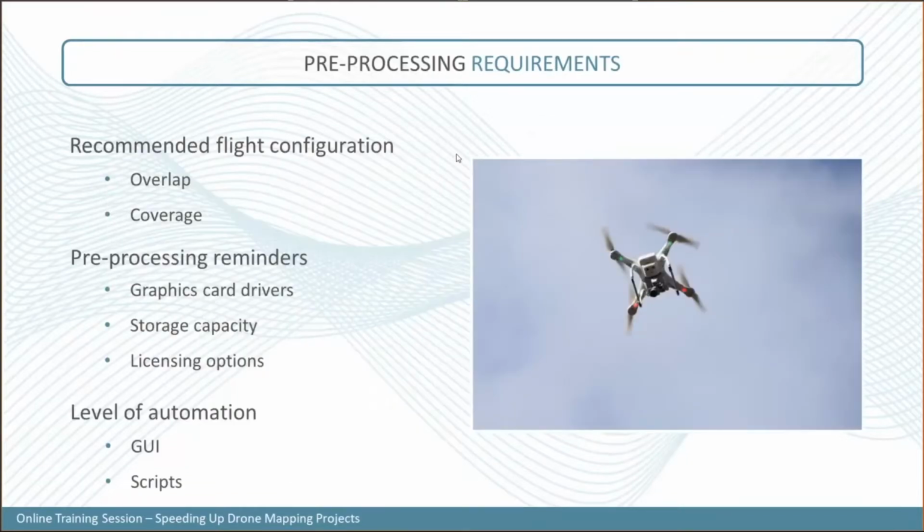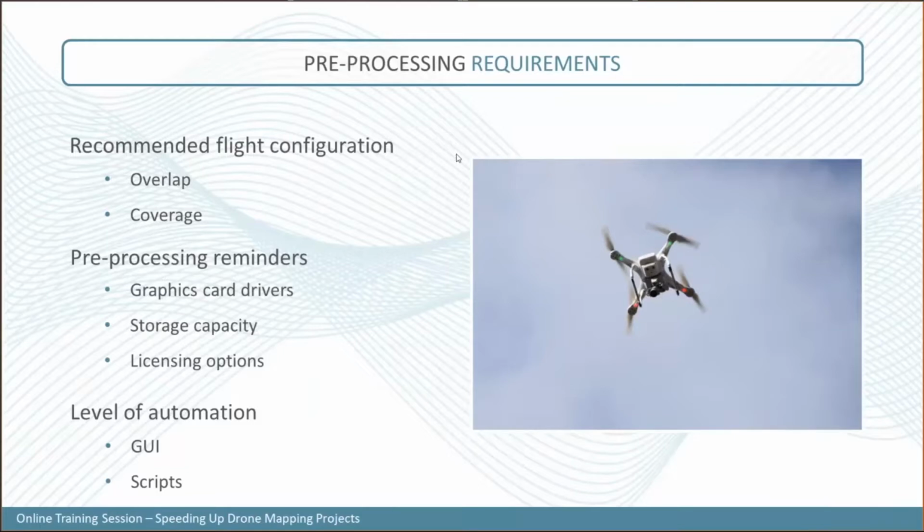So first and foremost, the first topic is pre-processing requirements of your photogrammetric data. It all starts with collecting your drone imagery. Before doing so, you have to think of what area you're trying to cover and what project scope you're trying to achieve. This will have an impact on your flying altitude, based on the ground sample distance you want to reach with your camera. It's also going to depend on the time you have for delivering your project and the setup you have for